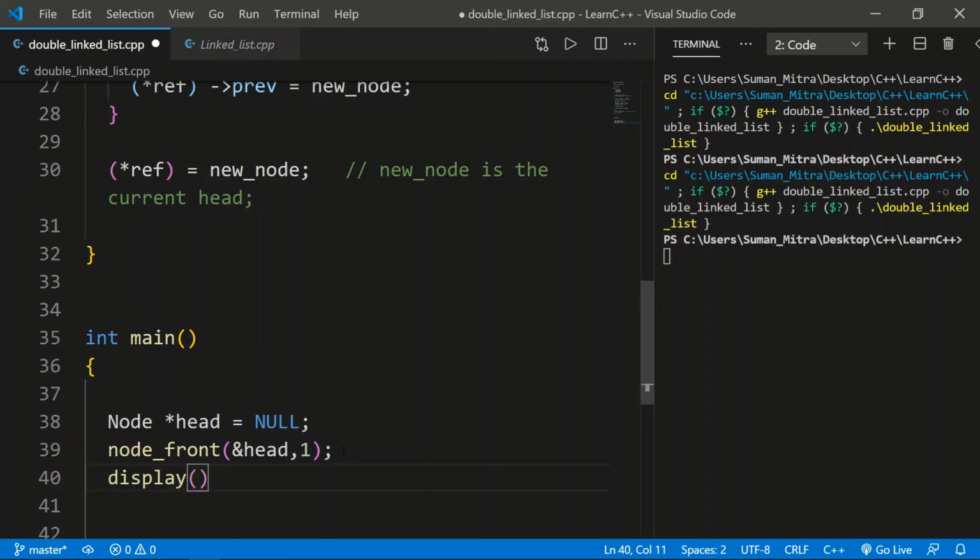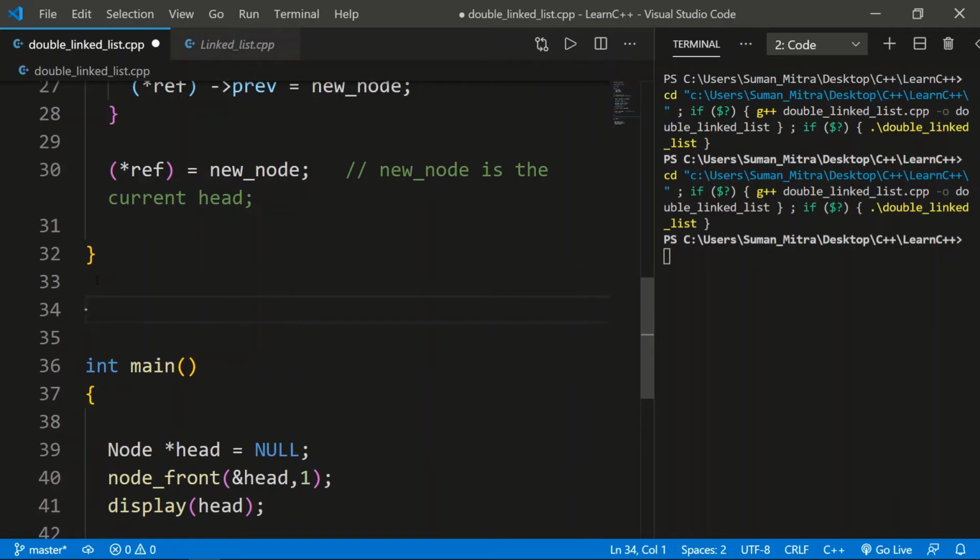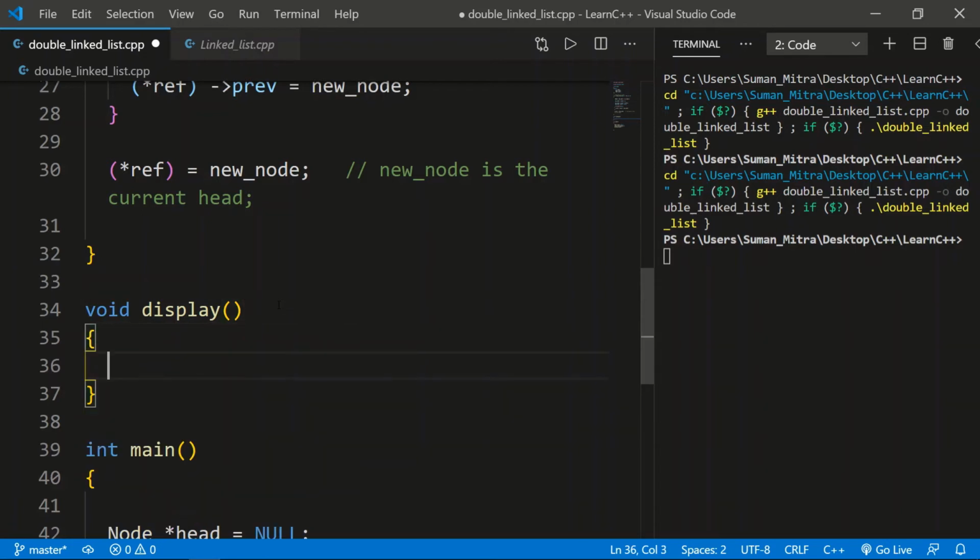Now you can see there is no error, which means everything is correct. Now we are ready to go and display something. So we'll write one more function called display, and we'll pass the head inside it. So we'll pass the head, and now let's write the function here. We'll write a void function called display. What functionality should we give inside it? We should make it print out all the data that is inside this head or the node